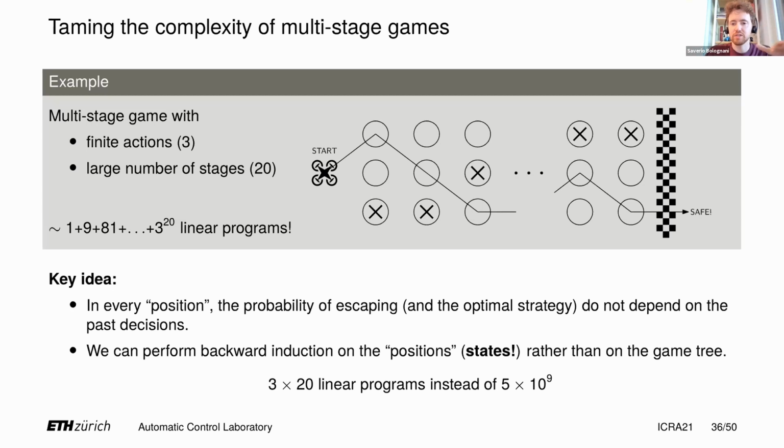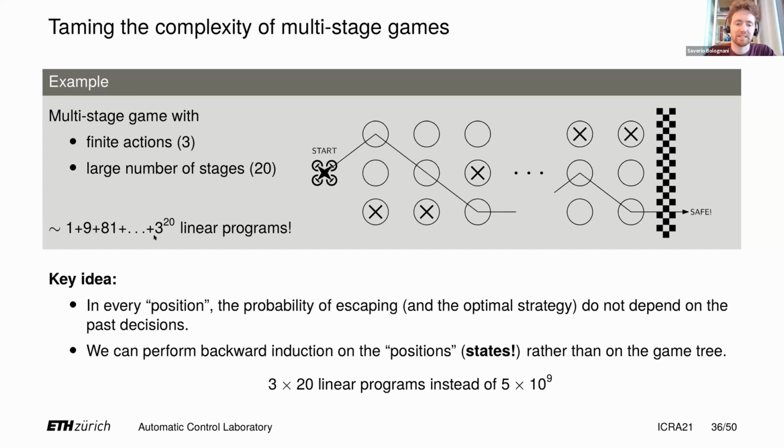Because remember, the tree represents all the sequence of decisions of all players. Now, if you wanted to solve this game, what you have to solve is something of the order of 3 to the power of 20 linear programs. I mean, you are lucky that this is a zero-sum game, so at least it's a linear program and nothing worse than that, but it's a lot of them. And of course, the